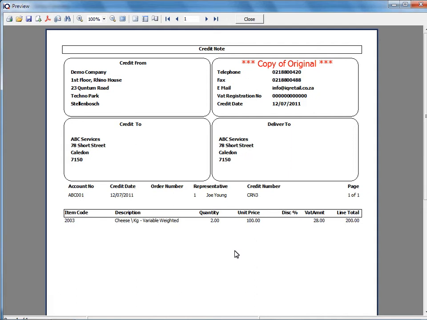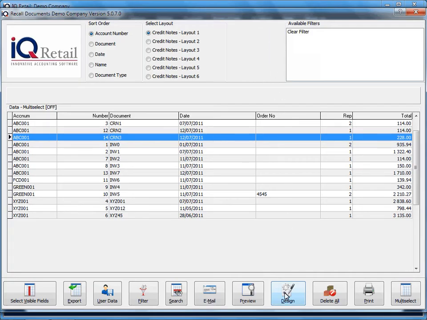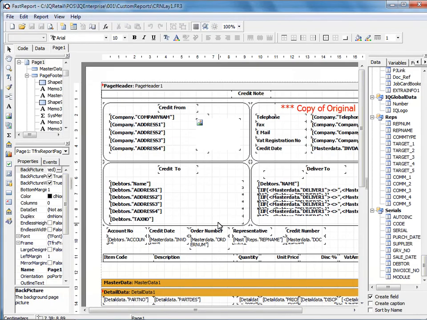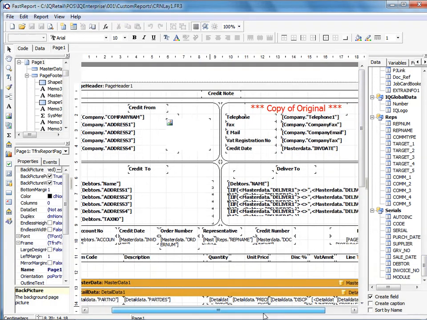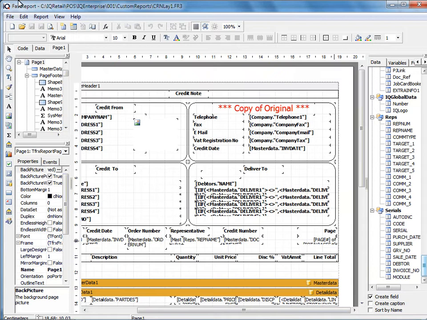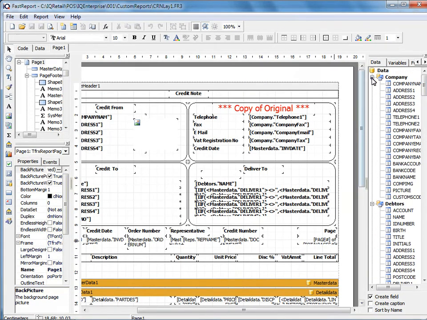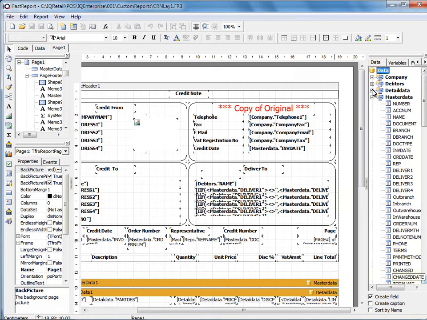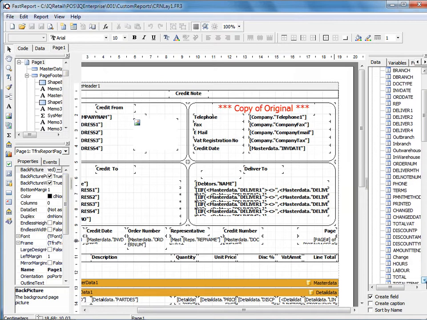Now I'm going to design. You'll see I've already made a little space here so that we can add fields. Let's close here. I'm going to click on our design button. So what I'm going to do is scroll to the area I want. This is my data tree, and I now have to go to the table that contains this memo field. So I'm now going to scroll down to find my credit note memo,